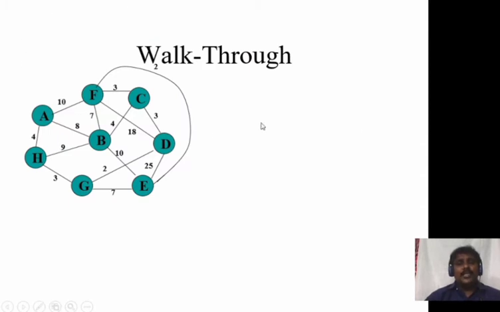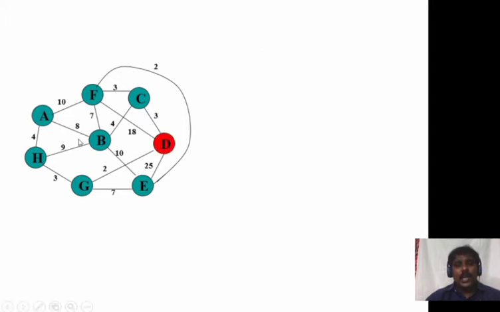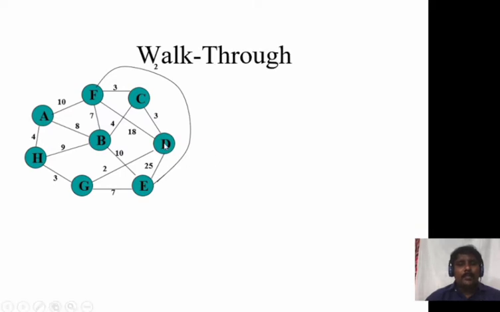So here there is a walkthrough. Here I am doing Prim's algorithm. It is a weighted graph, having weights. First of all, I have to take one vertex with a minimum weight, as shown in the figure. So this is the graph. See how I will do it. First of all, I will select what is the minimum here.